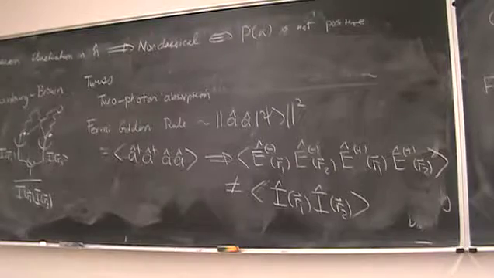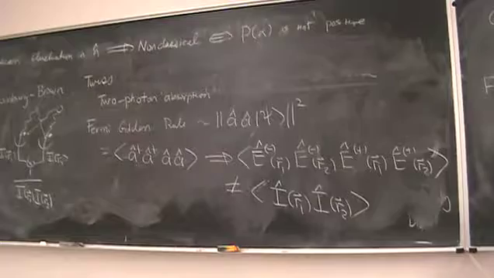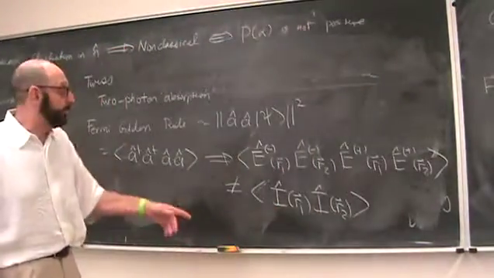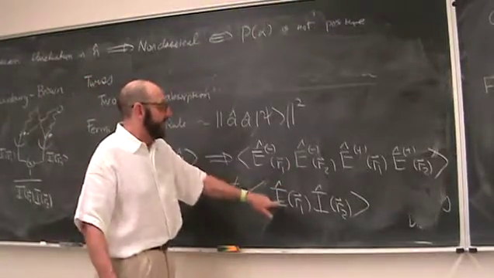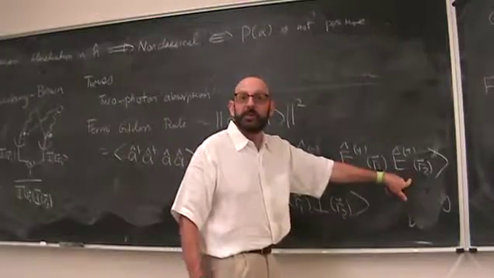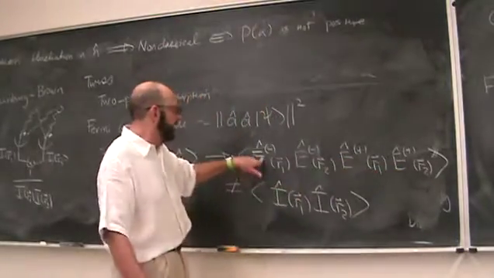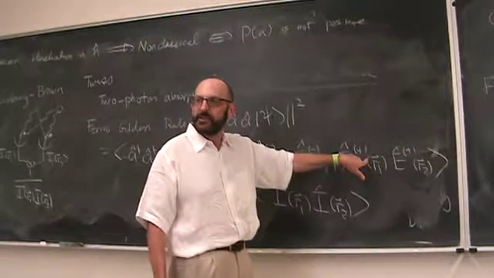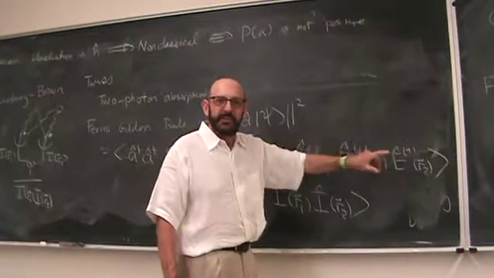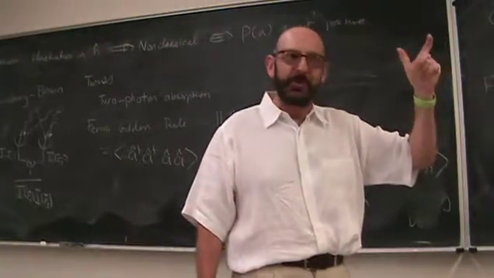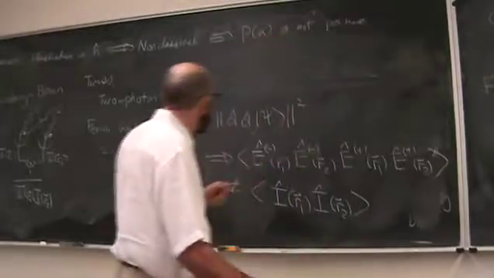I can just plug in, I wrote down, this is my intensity operator. I plug it in. It's the normal order, because they don't commute. Right, exactly. If I were to plug this in, I'd get E minus R1, E plus R1, E minus R2, E plus R2. And E plus and E minus are like A and A dagger. They don't commute. So that's not the same thing. But what this is equal to